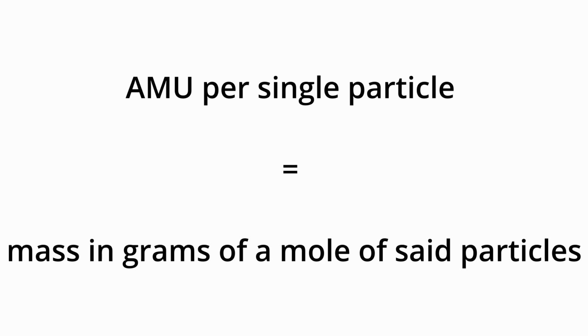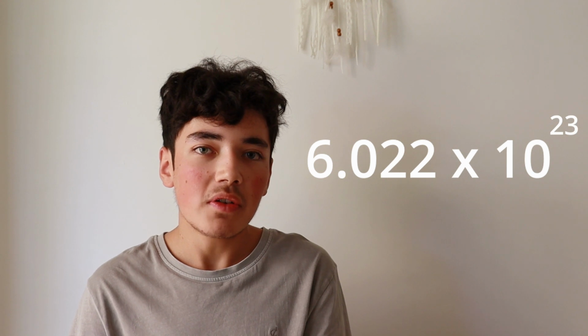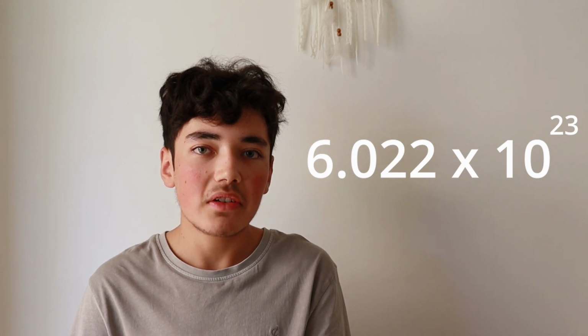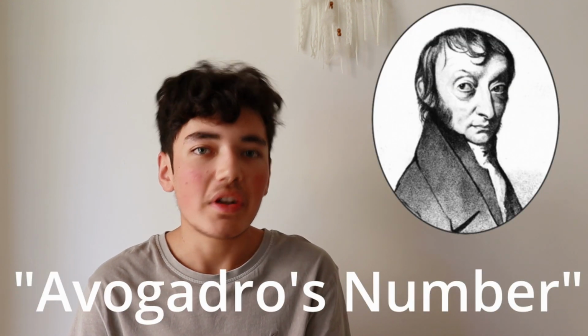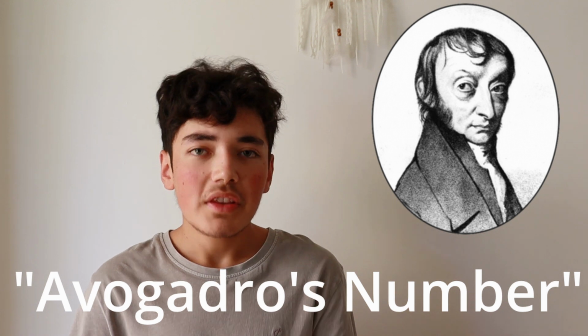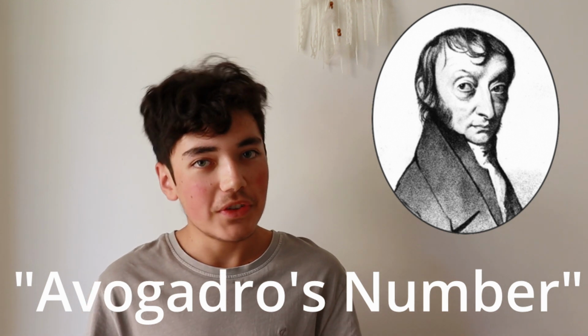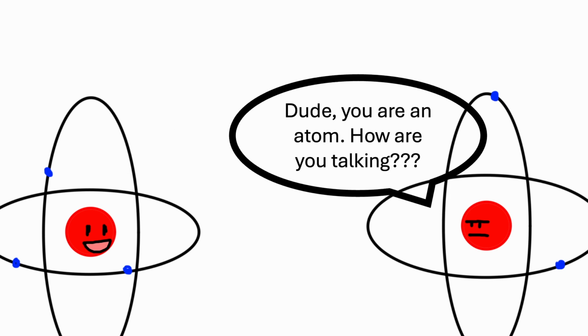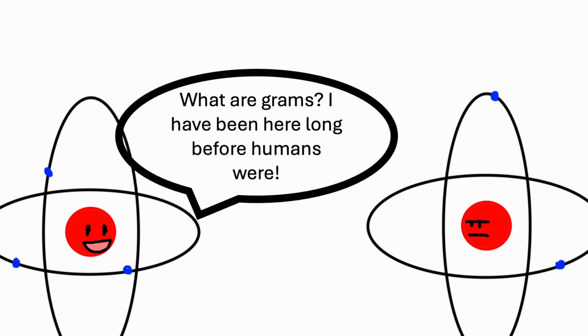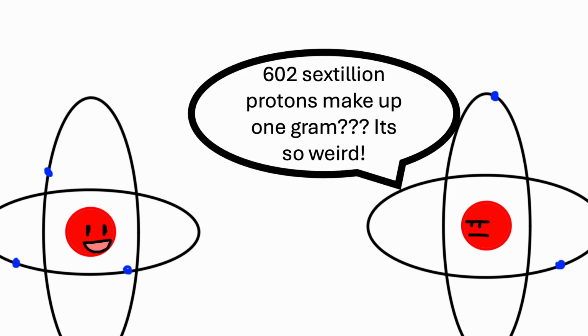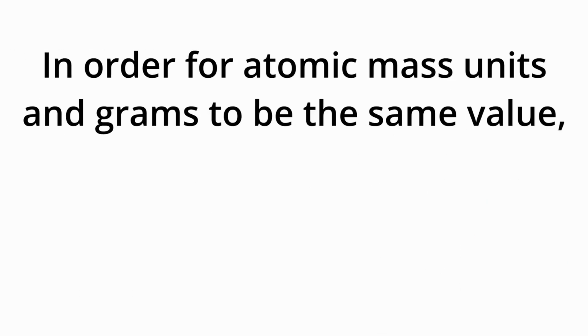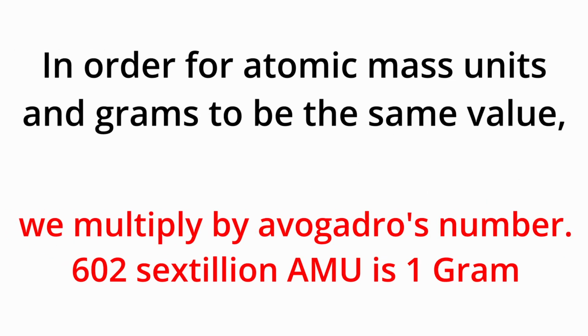atomic mass units. The approximate number of particles in a mole is 6.022 multiplied by 10 to the 23rd power. This is known as Avogadro's number. This number is so weird because atoms are not sentient and don't conform to our concept of grams. In order to make atomic mass units and grams per mole the same number, we had to compromise with our